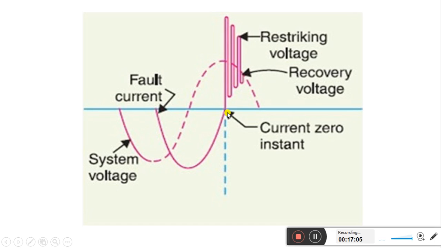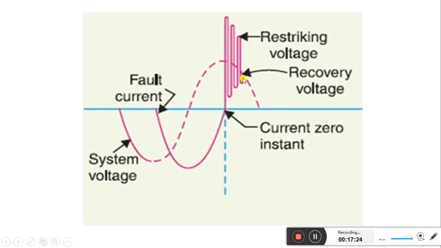So one can ask: when the fault current reaches the zero position, why is a further high frequency transient, or restriking voltage, developed